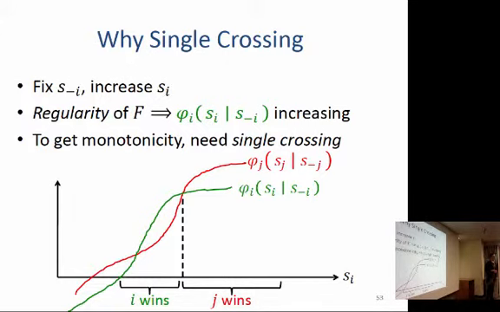So, the problem here is, given I's bid, J goes from winning on the far left to losing, and then to winning again as he raises. Yes. And therein lies the problem. I mean, the problem is that I wins and then I stops winning, because then I would want to shade his bid, right? Okay. Yeah. Thank you. Okay.